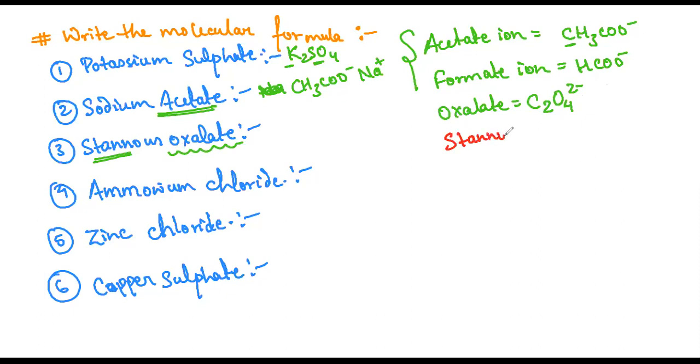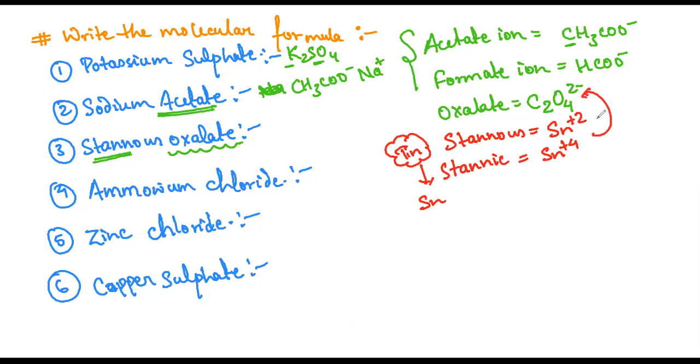So stannous is the Latin word for tin. You must have seen the symbol for tin is Sn. That stands for stannous. And Pb is lead, from the Latin plumbum. So tin can exist in two forms, stannous and stannic, Sn plus 2 and Sn plus 4. Okay. So with this information, can you tell me what is the formula of this stannous oxalate?